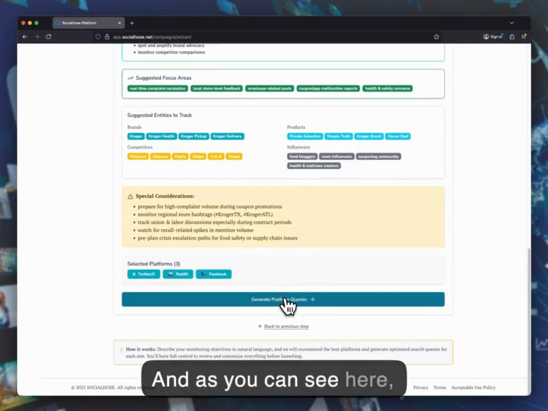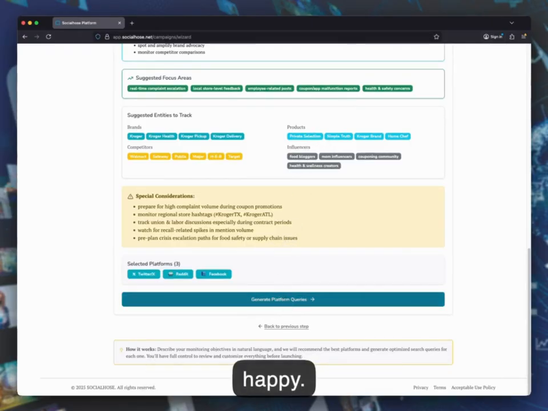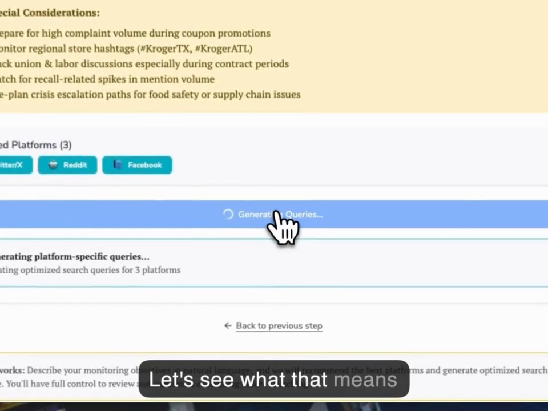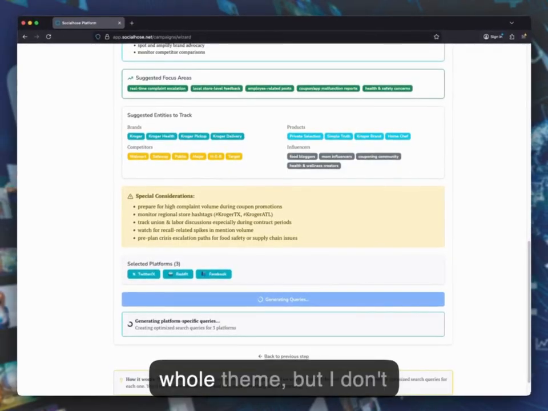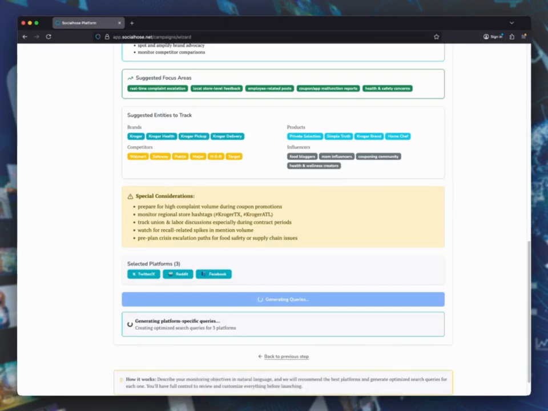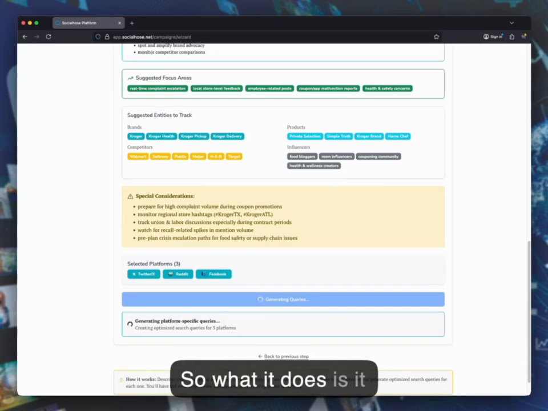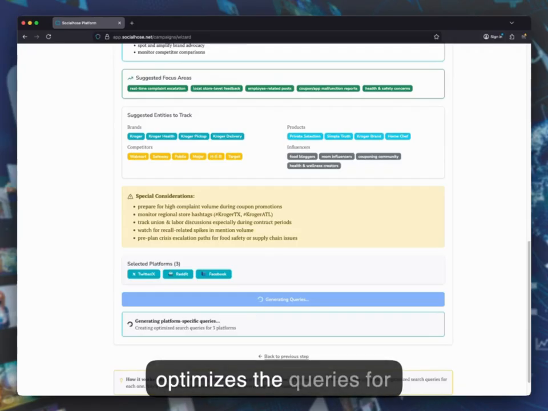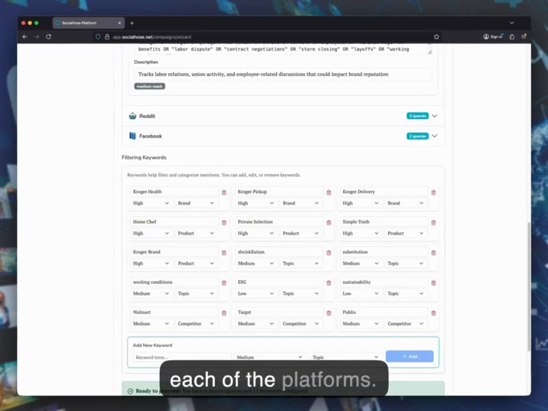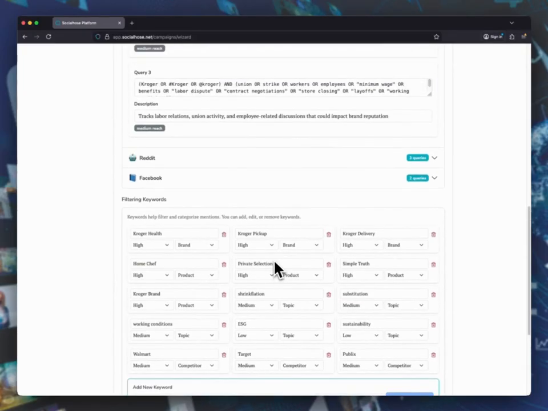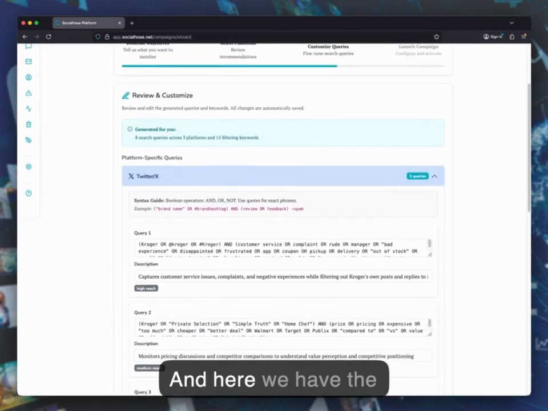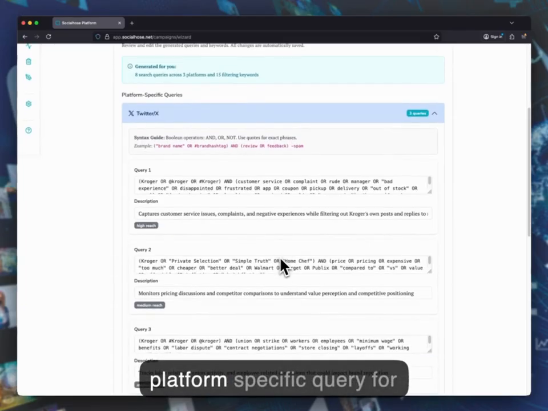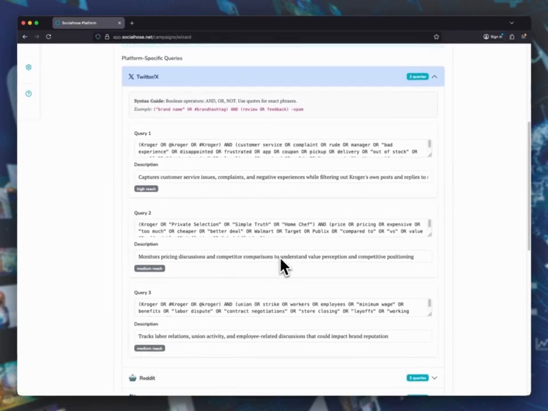As you can see, we say, okay, fine, we're happy. Let's see what that means in terms of queries and keywords. I understand the overall theme, but I don't know how to create all these keywords. Earlier, we just put Kroger. So what it does is it optimizes the queries for each of the platforms. And here we have the platform-specific query for each